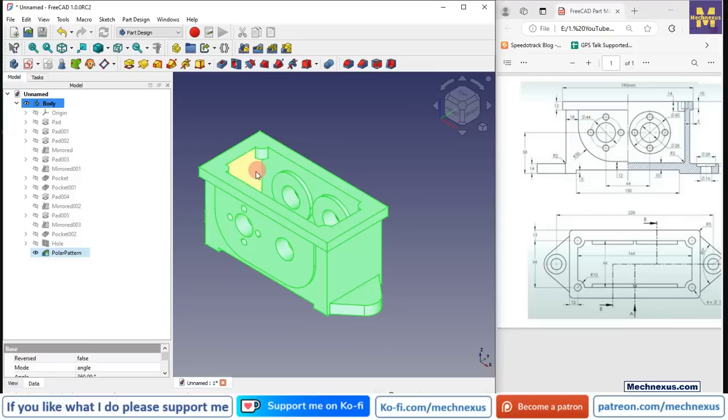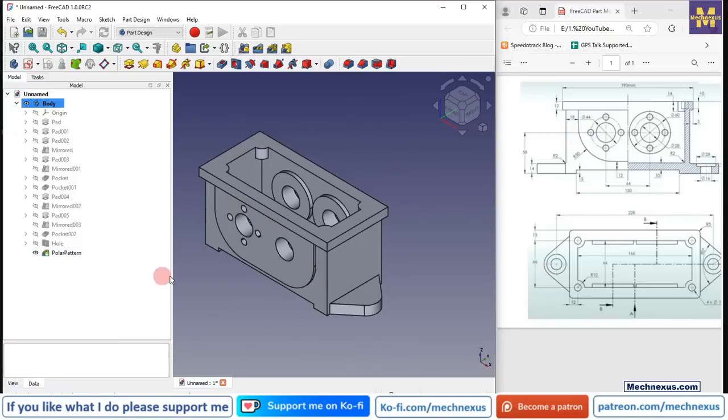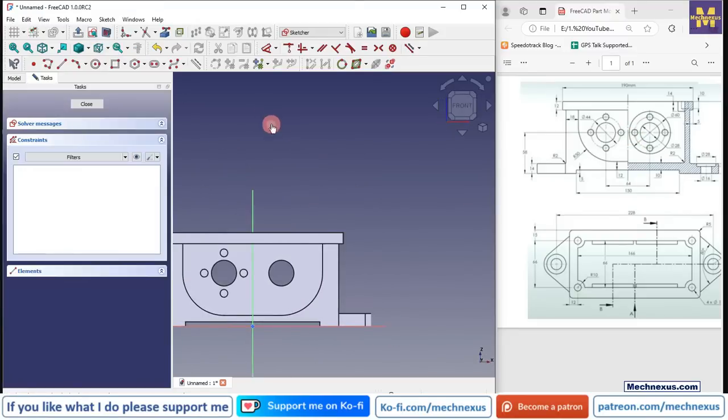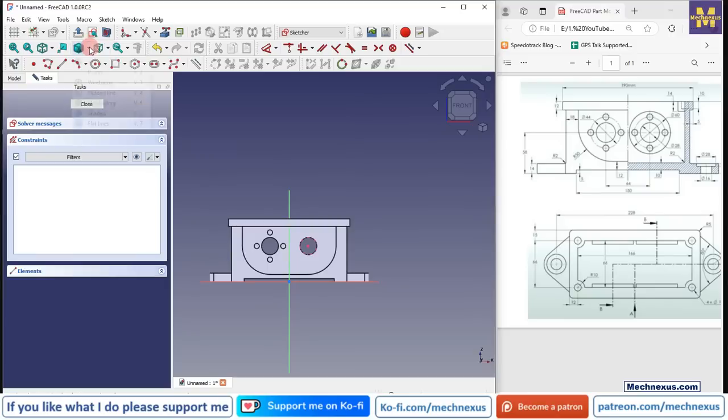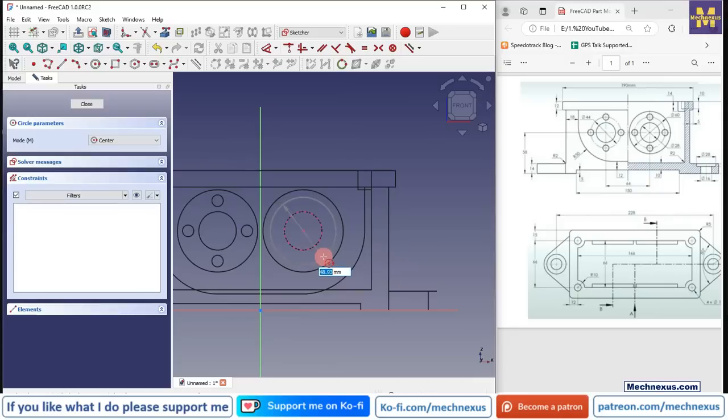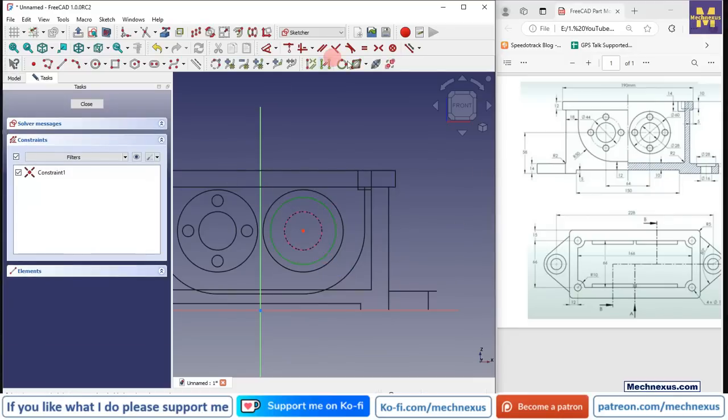So a pattern feature cannot be mirrored in FreeCAD, so we have to again create the same hole sketch for this one because we have the 2 segments there. So select the sketch, and we will click on the project geometry and set the wireframe, select it and make it construction,